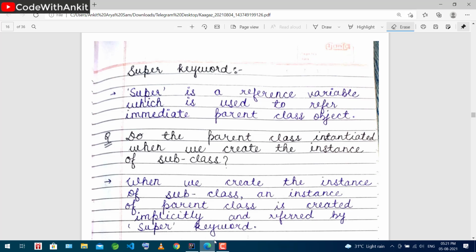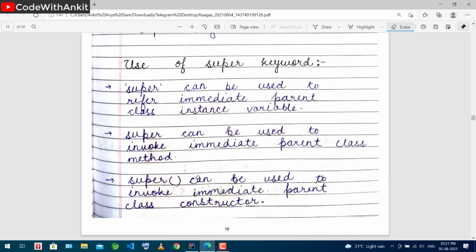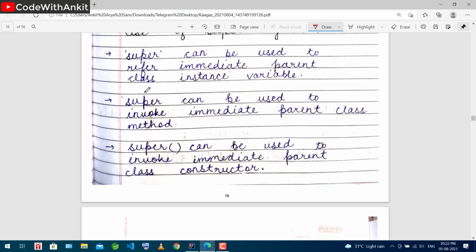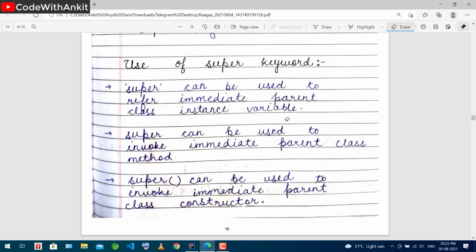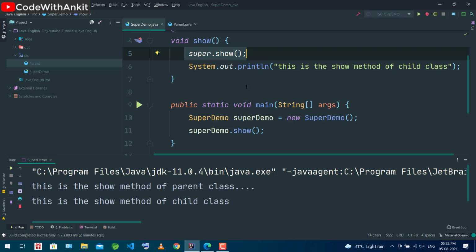Now you can go into the notes and see the use of super keyword: super keyword can be used to invoke the immediate parent class method. So now we have seen the very first use of super keyword.